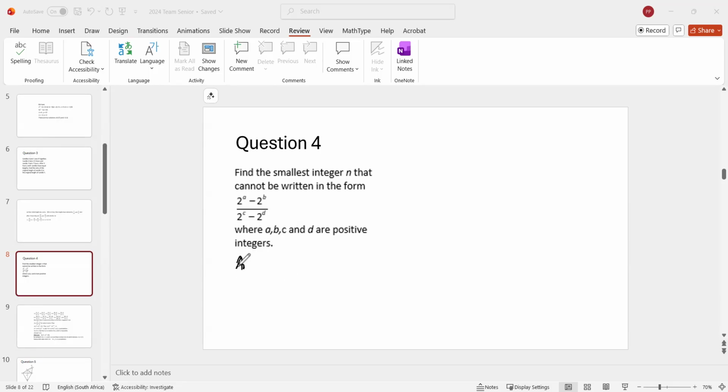The answer is 11. It's not a nice question. I think it's a very unfair question. But when you come to 11, you don't really know that it's impossible. It takes a long time to prove that 11 cannot be done. Yet in all the other cases before that, we found ways. All right, so